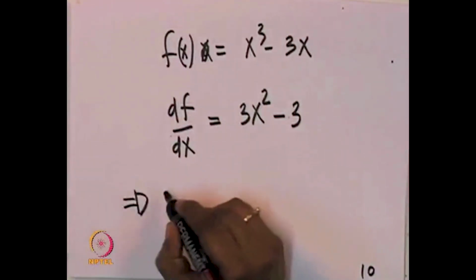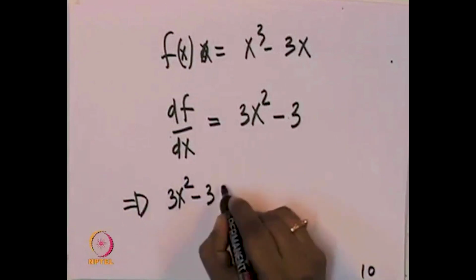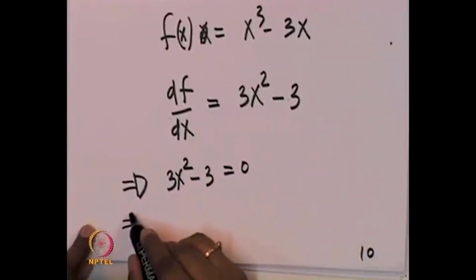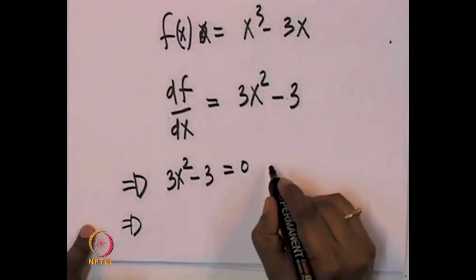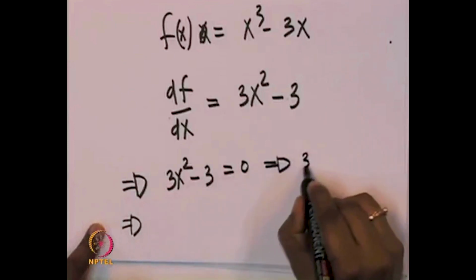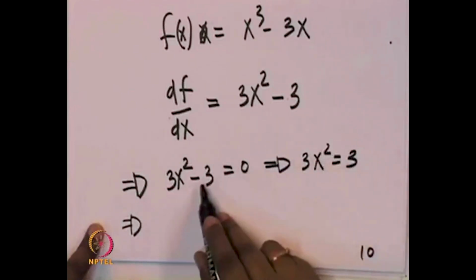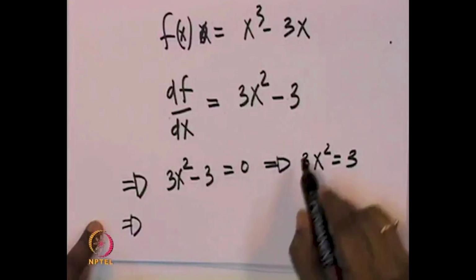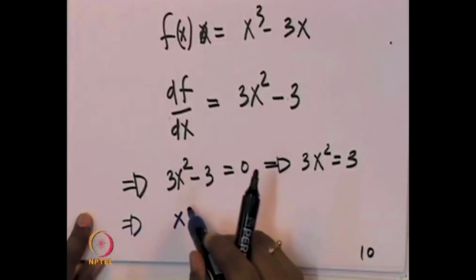I can take this 3 to this side, which gives 3 x square equal to 3. So, I can cancel the 3 and 3, which means that x square